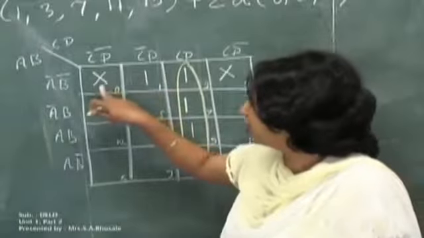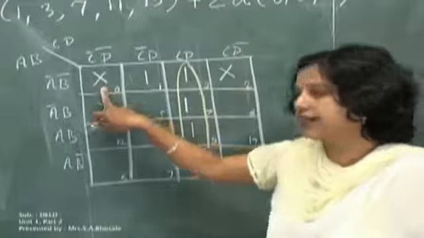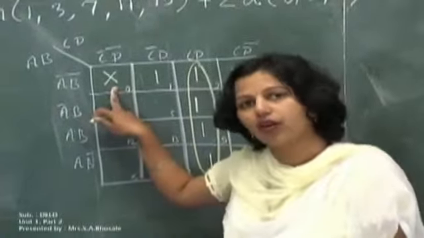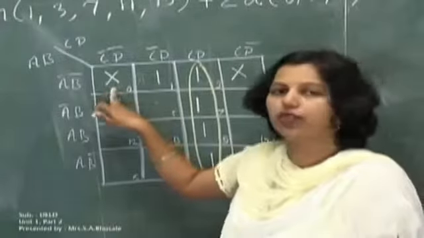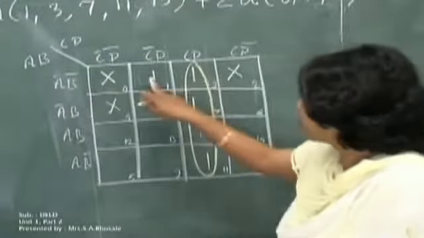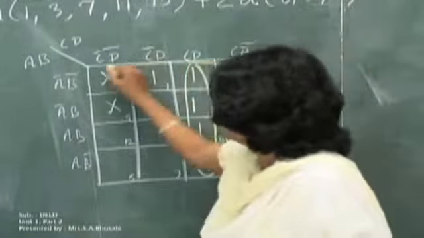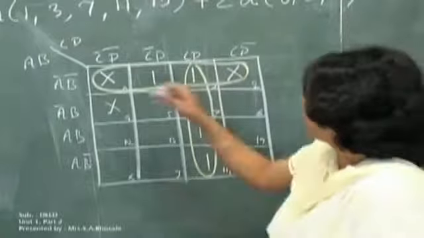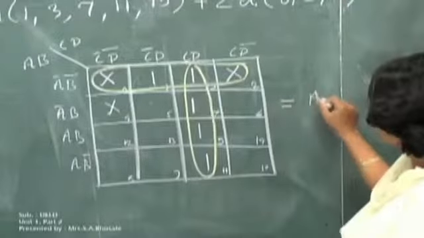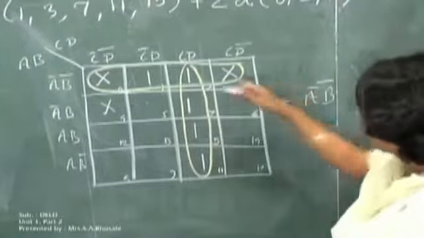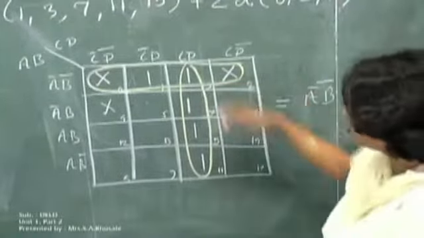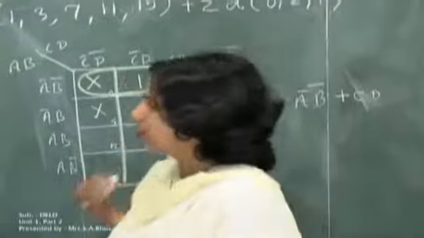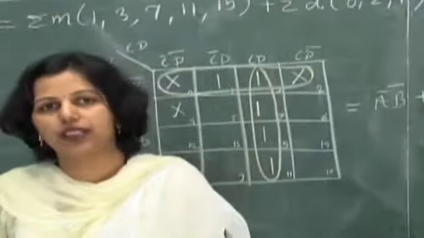But again, if I consider these 2 don't care conditions, as I told, a don't care condition can be 0 or 1. So let us assume that this don't care condition is 1, and this one I will couple as a quad. Then obviously I will be getting the more reduced form. So answer for this I will be getting as A bar, B bar, and horizontally it is C, D. So don't care conditions are very much utilized to get the more reduced form in the K-map.